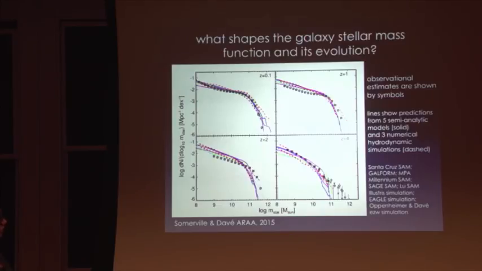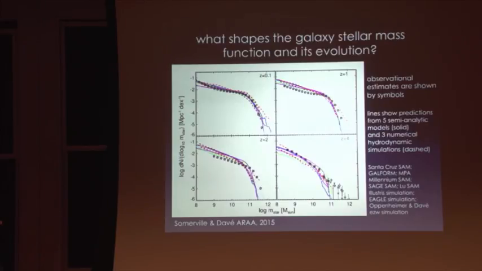Over here? These gray ones? They're all observations, and they're just different symbol types in case you wanted to figure out exactly which observations they were. I don't think it's too important because I think the observations are mostly consistent. Up here? Yeah, look how big the error bars are here. Things get dicey when you try to measure stellar masses at redshift 4, so I wouldn't put much stock in those.